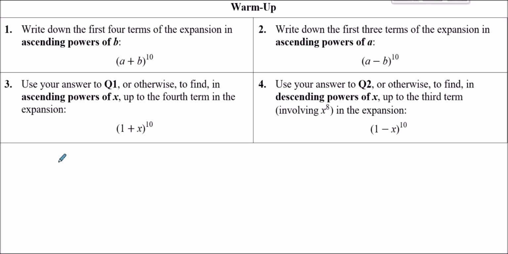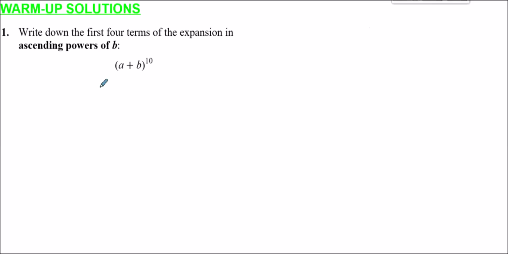So let's have a look now at question 1. So question 1, it says write down the first 4 terms of the expansion in ascending powers of b. So this is where the power of b gets higher. Now with a binomial expansion, the second term in the brackets is always the one where the powers increase, whereas the powers of the first thing, in this case a, they decrease. And so what's this going to be in terms of binomial expansion is, because we've got a power 10, we're going to start off with